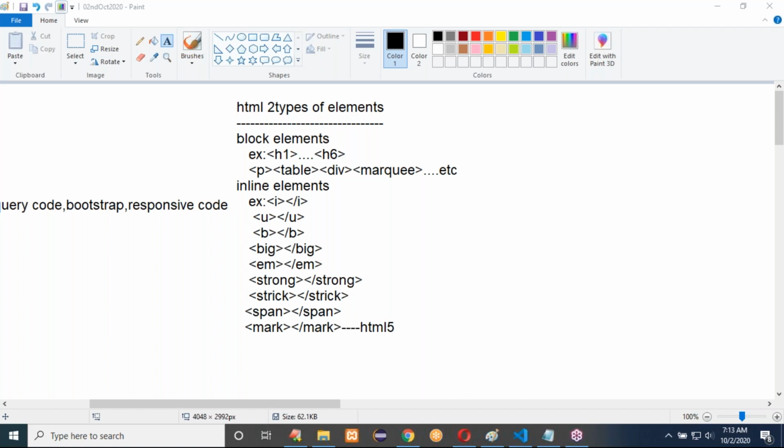Satyasri, what is your problem if I start at 6:30? Actually, I have a small baby. So, for feeding and everything, I will be completing by 7 and I'll be attending the class. She'll be waking up by that time. Oh, okay.